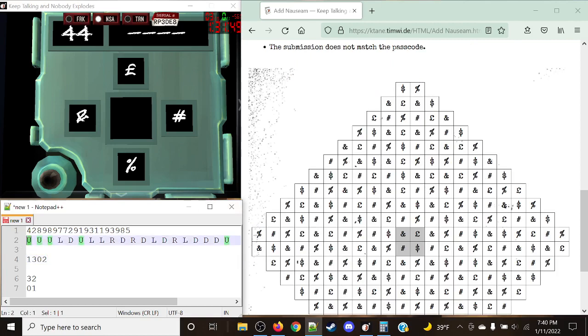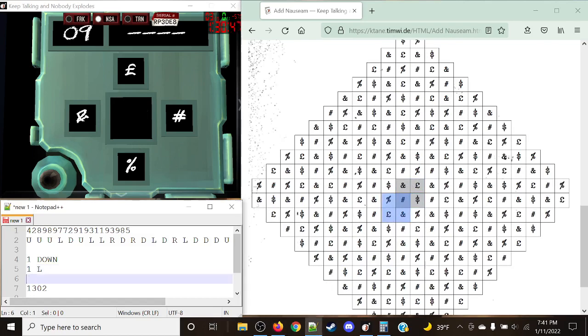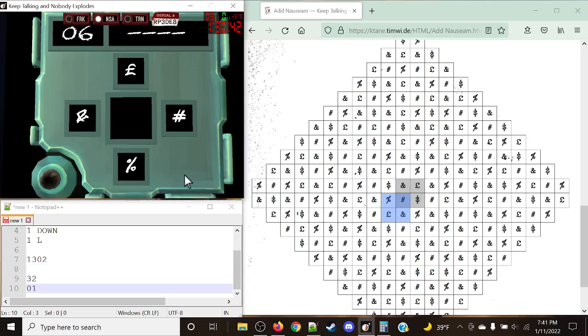Alright, now for the ups, we have 1, 2, 3, 4, 5, so that's going to be 2 ups. How many downs? 1, 2, 3, 4, 5, 6, 7, so that's going to be 3 downs. That's simply going to be 1 down, because the 2 downs cancel each other out. Lefts, we have 1, 2, 3, 4, 5. 1, 2, 3, 4, 5, which is going to be 2 lefts. Then rights, we have 1, 2, 3. That's going to be simply canceling out one of the lefts to make it 1 left. So 1 down, 1 left. Will take us to here. We have the matching symbols. So now what we need to do is submit 1, 3, 0, 2, which is going to be